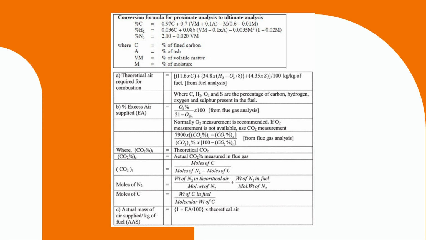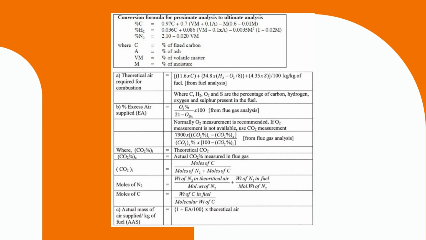B. Percentage excess air supplied, EA, equals (O2 percentage divided by (21 minus O2 percentage)) into 100, from flue gas analysis. Normally, if O2 measurement is not available, use CO2 measurement: 7900 into (CO2 percent theoretical minus CO2 percent analysis) divided by (CO2 percent analysis into (100 minus CO2 percent theoretical)) from flue gas analysis, where CO2 percent T is theoretical CO2, CO2 percent A is actual CO2 percent measured in